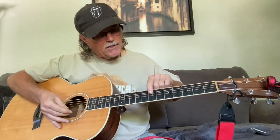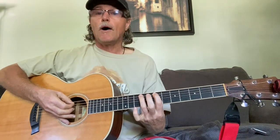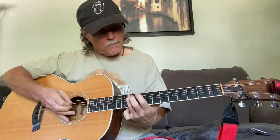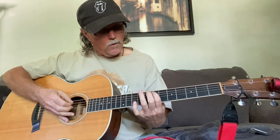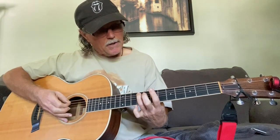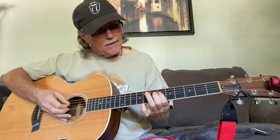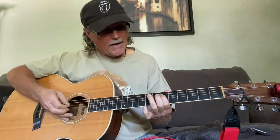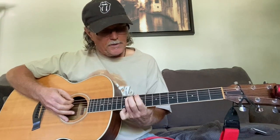Okay, so let's find this one. There's an E right here. Right? And I know 2 up is F sharp, 2 up is G sharp. Or I could go 2 up is F sharp, and my G sharp is right here. Right? Okay? So I could kind of, I would probably use,